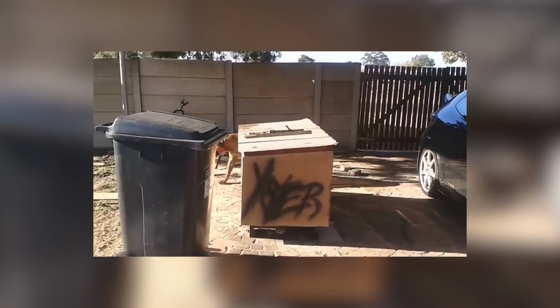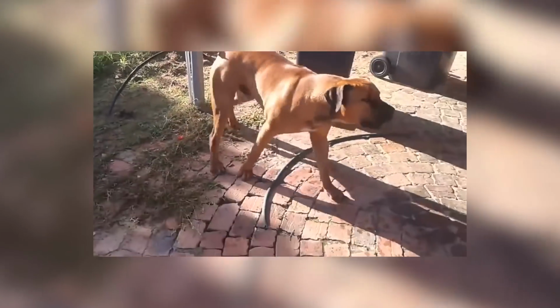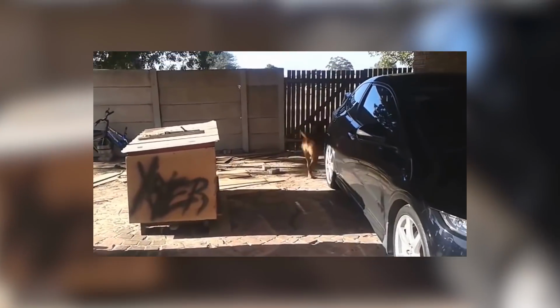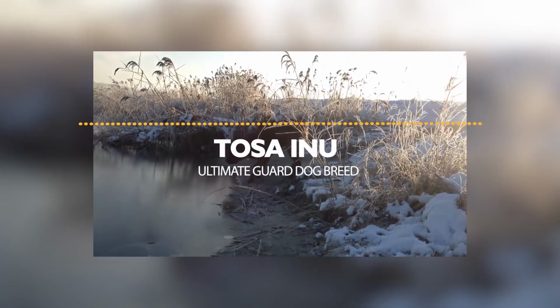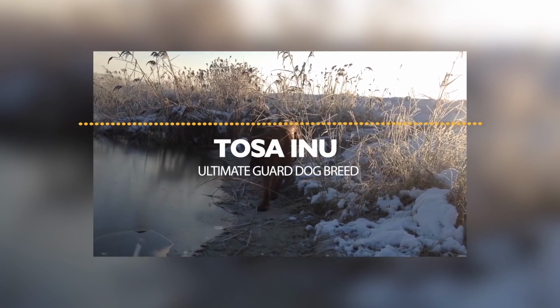Pisasso, pisasso, pisasso, pisasso, pisasso. The TOSA INU is commonly reported to have a bite force of 556 psi, which is incredibly strong and